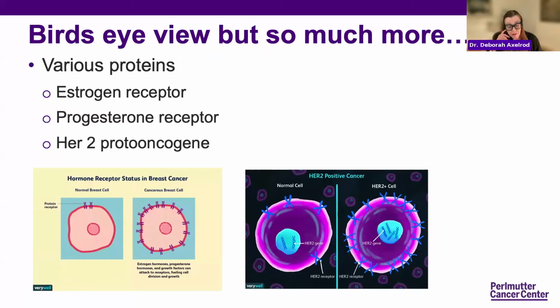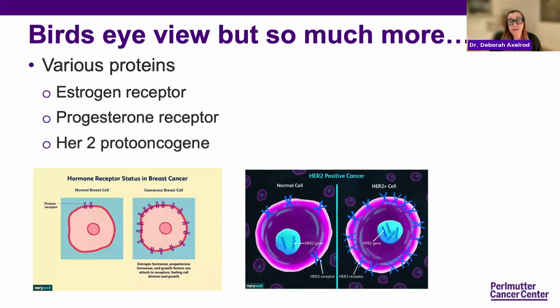Breast cancer is really not a single disease, and researchers now have the ability to break down breast cancer into different subtypes based on receptors, and receptors are proteins. They sit on the surface of the cell. We can describe a cancer as having estrogen and progesterone receptor proteins, and about 70% of all cancers have this. And then about 20% of cancers have the HER2 protein cancer gene, and these specify a more aggressive type